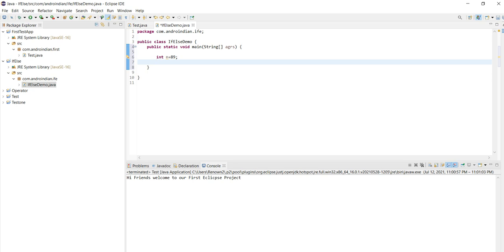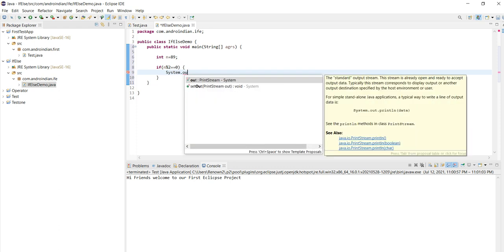Then I have my condition: if n % 2 == 0, that means when it is divided by 2 and the remainder is 0, then I can say it is an even number.